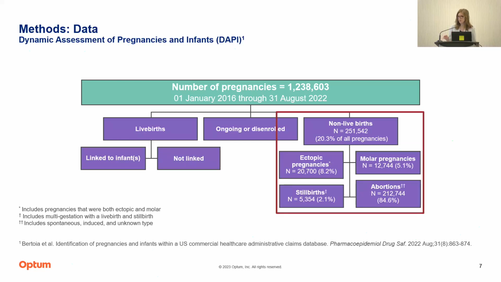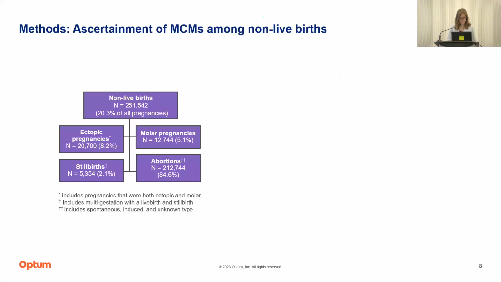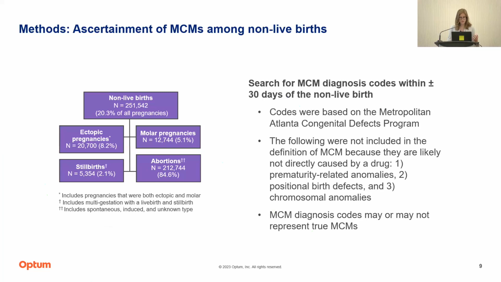Non-live births were further categorized into ectopic pregnancies, molar pregnancies, stillbirths, and abortions. And abortions were further classified into induced or spontaneous. Among these non-live births we identified, we then wanted to ascertain MCMs. And to do so, we searched for MCM ICD-10 diagnosis codes within plus or minus 30 days of the non-live